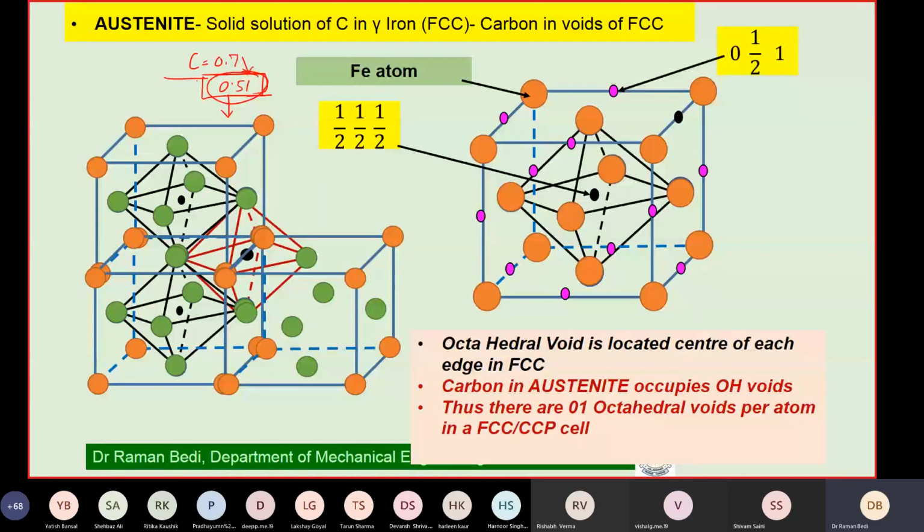And in the case of a water-sugar solution, it is observed that the solubility limit is temperature dependent. The solubility limit is pressure dependent also, but the temperature dependence is very, very clear. So when you have hot water, you can put more sugar into that. Similarly, the same thing happens in steel, the solid solutions. As you increase the temperature of steel, the solubility of carbon increases from 0.022% in ferrite to around 2% in austenite. One of the reasons we explained already is the type of the voids and the size of the voids, which are responsible for accommodating the carbon atoms in your iron lattice.